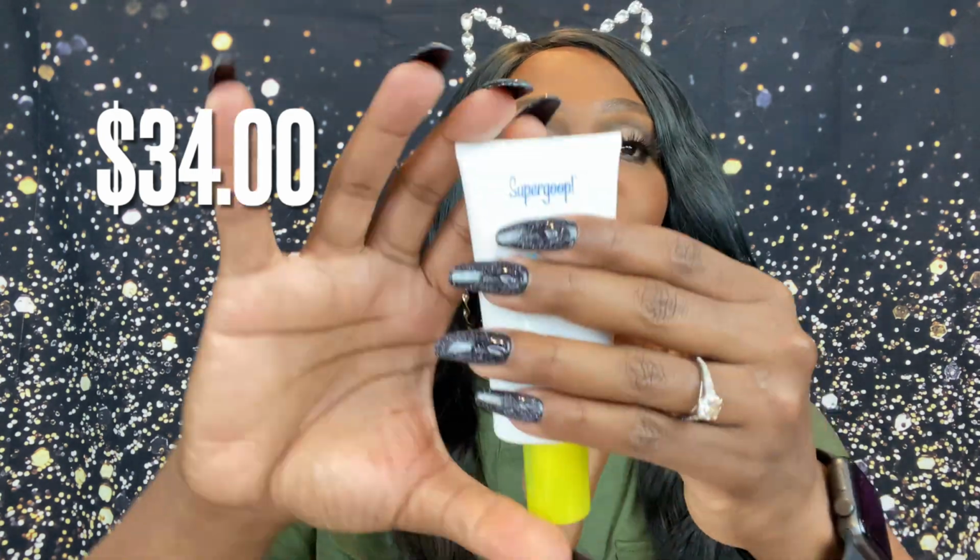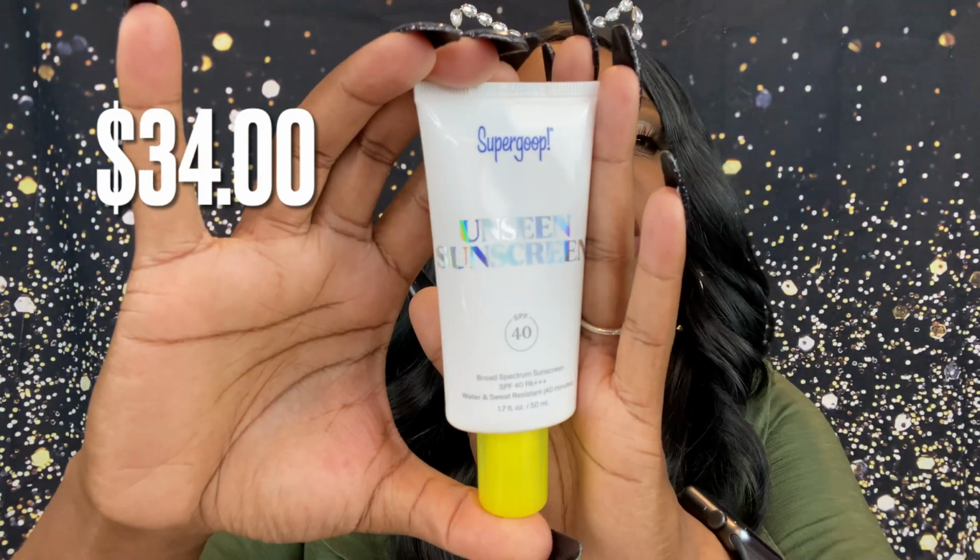So, yeah, this is what it looks like right here, my love. Let me know if you guys have heard of this brand. You get 50 milliliters of product in here. It's a broad spectrum sunscreen, SPF 40. So, yes, I am happy to see that and happy to use it, especially when I'm going on these little